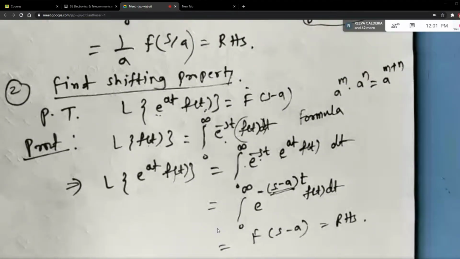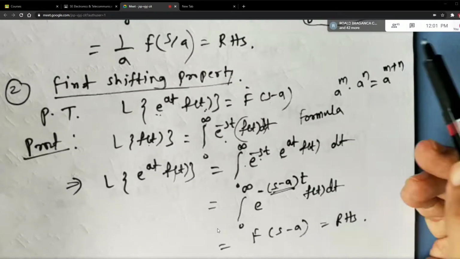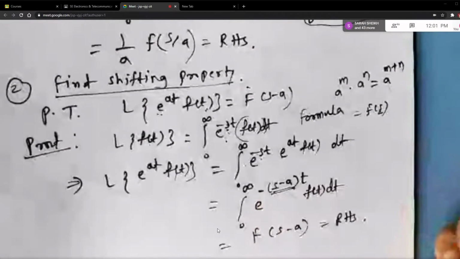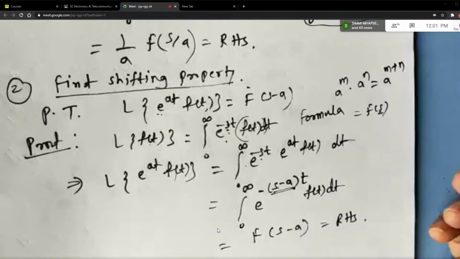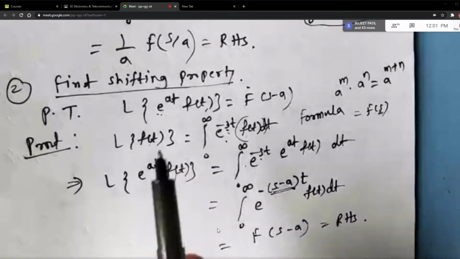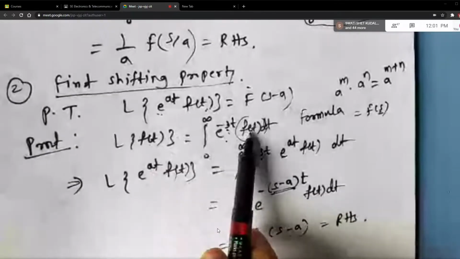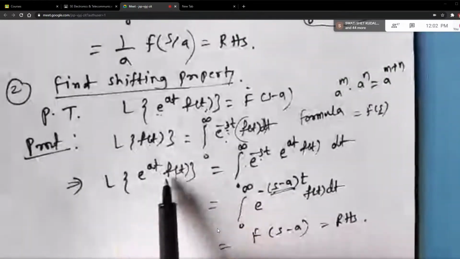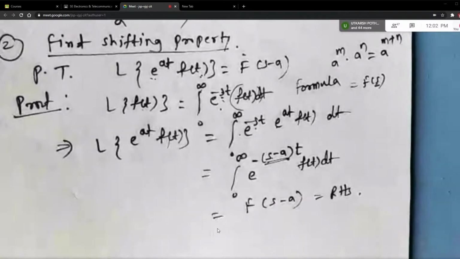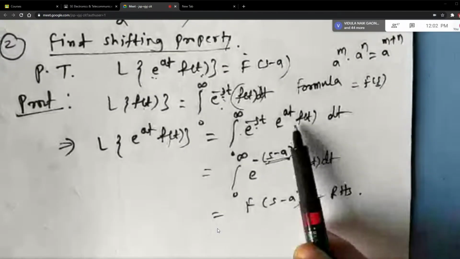Okay, so randomly I'm going to ask anybody, what is the Laplace of f of t formula? By what is it denoted? It is denoted by capital F of s, right? What is this s? S is from the power of e, correct? Okay, now what we are going to do is replace f of t by this bracket. You are finding Laplace transform of what? E raised to at into f of t. So on both sides, wherever there is f of t, it is replaced by e raised to at f of t. Okay? The same thing we have done in the proof of the previous formula also. And then the rule of indices is used.